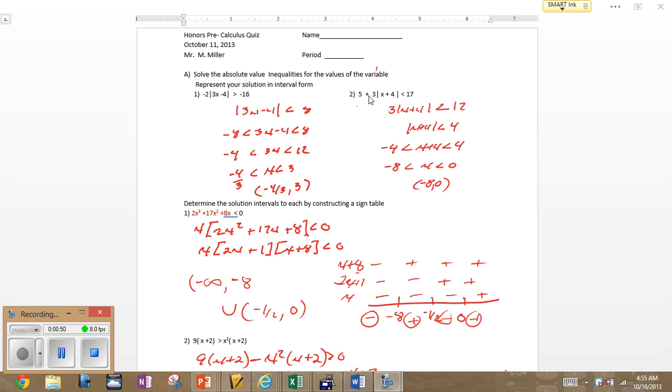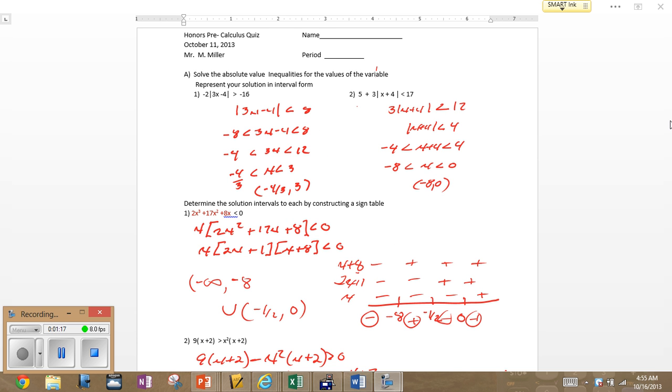Similarly, in part B, again you have to start by isolating the absolute value expression, which you'll first do by subtracting 5, which will compare 3 absolute value x plus 4 to 12, then divide by 3, giving you 4, at which point it's pretty much the same procedure as with the first problem. Okay,